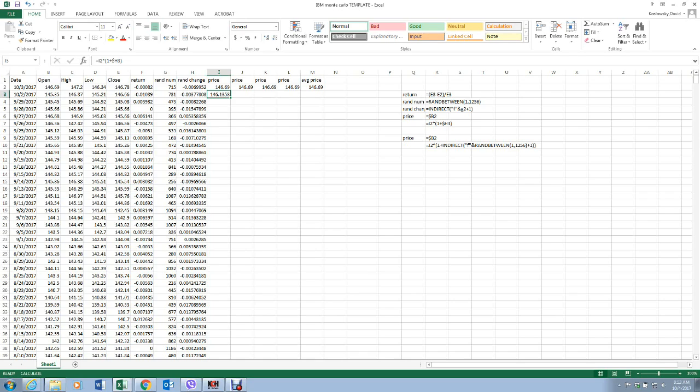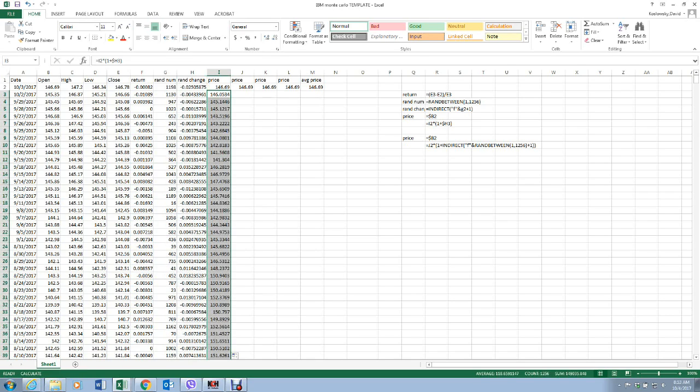So let me double click on this one to fill that. Now what I've got here is a random walk using these returns here. So is that valid? Let's see what we get. Let's leave that for a moment and just look at these